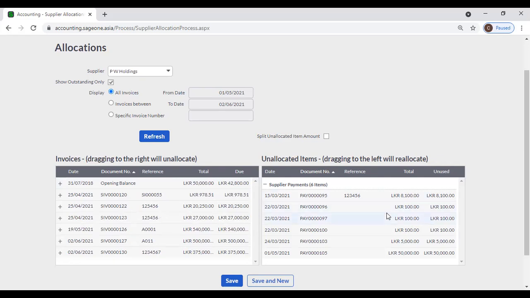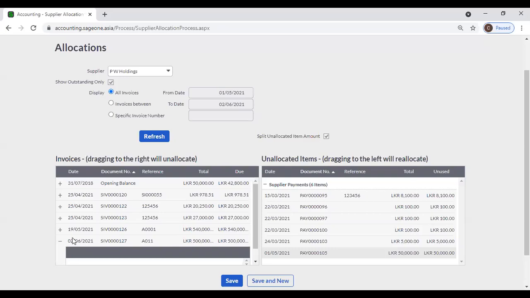For example, we have a 50,000 payment here, and we are allocating 25,000 to this 127 invoice, and 25,000 to this 130 invoice. If you are allocating one payment to more than one invoice, you can take this split unallocated item amount, and you can drag and drop that